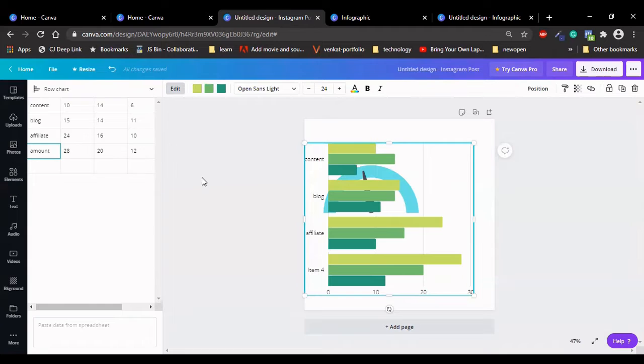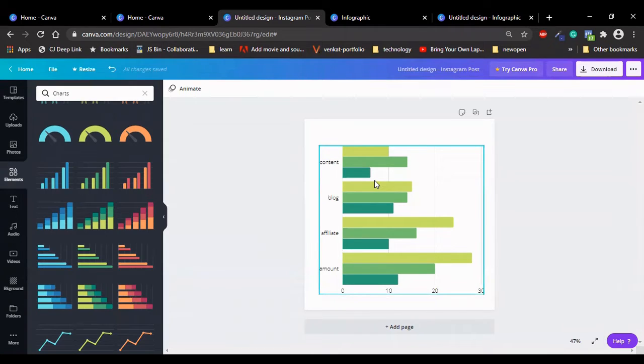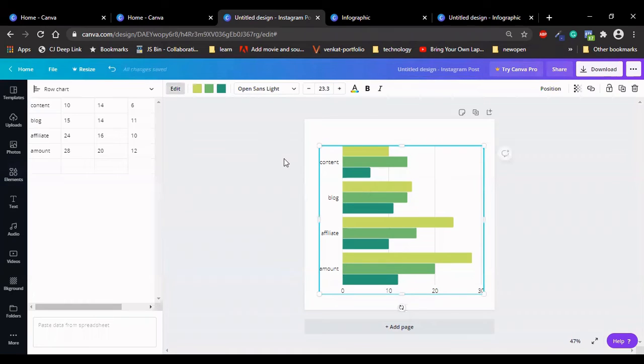Likewise, you can see it's automatically changed here. If you double click the chart, you can edit the content of the chart. Like if you go and edit this to 24, it will be edited here. It will be automatically updated here.